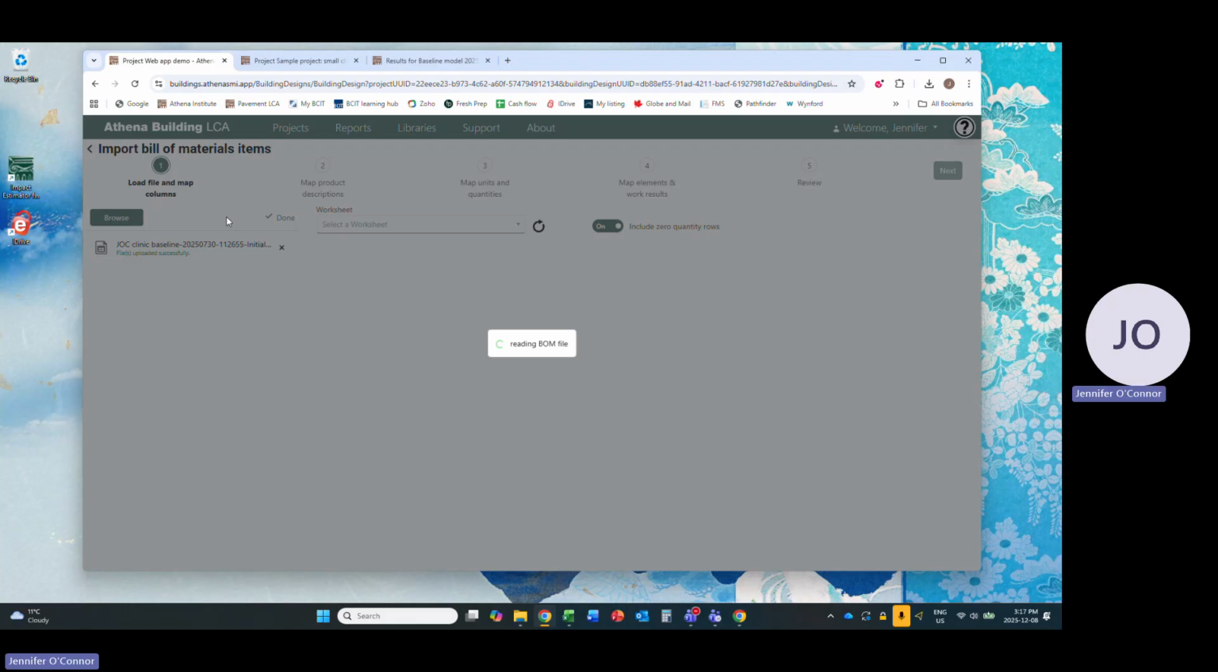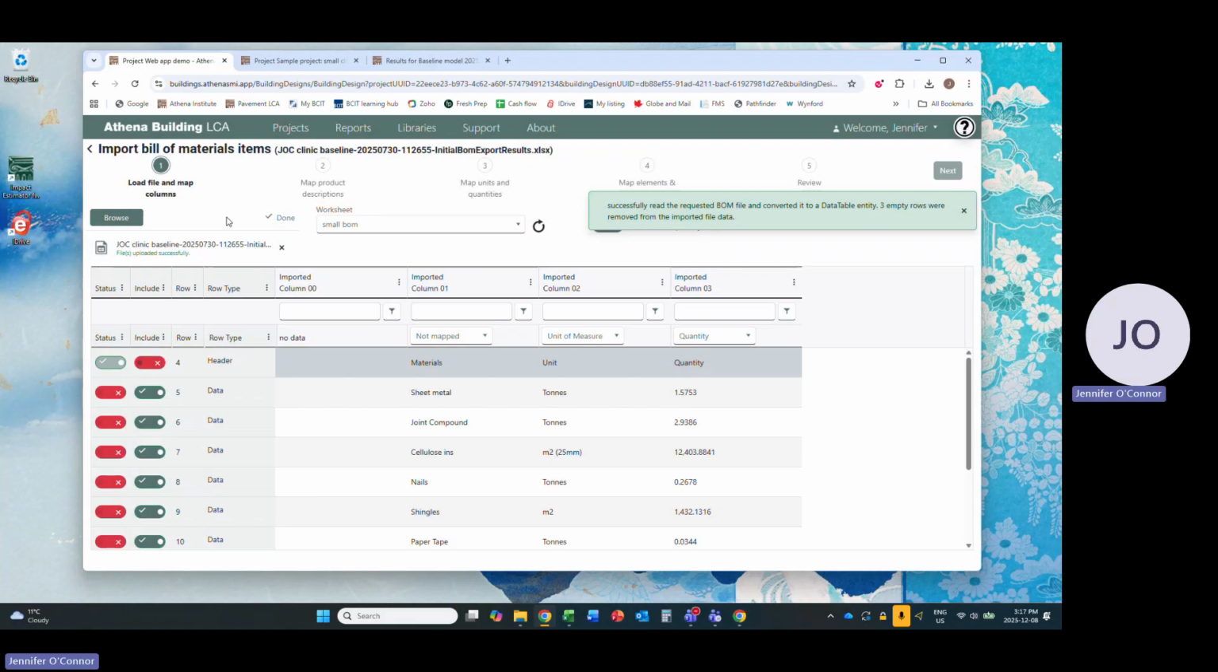Okay, so it's loading. Now you'll recall my spreadsheet had 2 worksheets, so you want to make sure that it's picked up the right worksheet. And if it hadn't, I'd go click in here and go pick the right sheet, and then you have to click this button here. This is the reload button. Okay, so I can see that this is the right